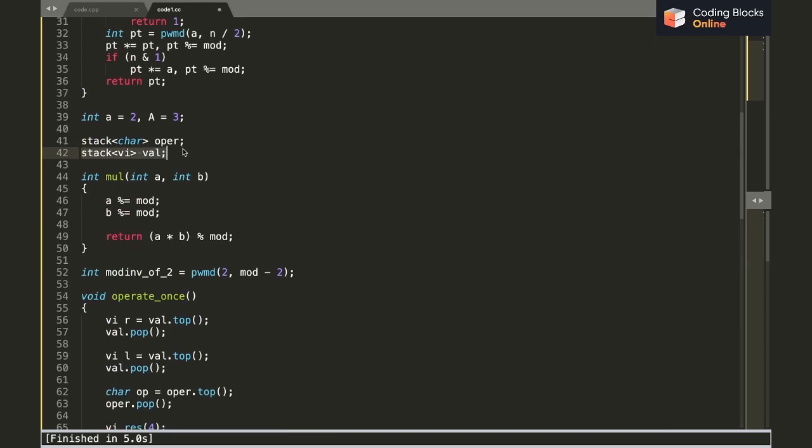One is a stack of vector int, I'm sorry, I forgot to explain it. The vector int is basically containing 4 values, as I just told you a minute ago. V of 0 is going to be the probability that the value of the current expression is 0, v of 1 is going to be the probability of 1, 2 is going to be the probability of a, and 3 is going to be the probability of capital A.